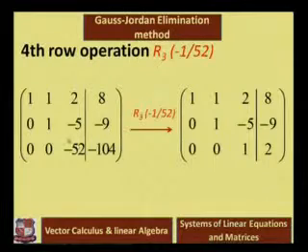Again note that in the resultant matrix, that is the third position of the leading one, but we have the entry minus 52. Convert that entry to the leading one by dividing the third row by minus 52. For that, take the operation R3 times minus 1 by 52. After that operation, the resultant matrix: minus 52 by minus 52, that is 1, and minus 104 by minus 52, that is 2.